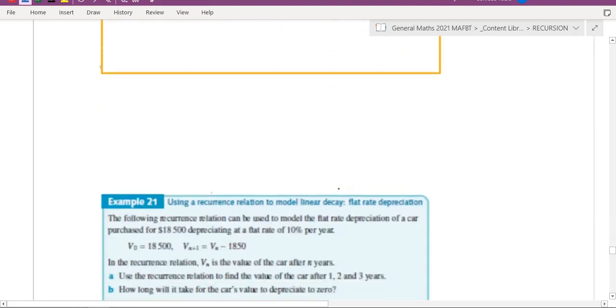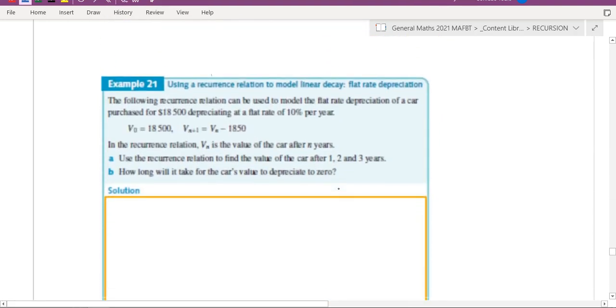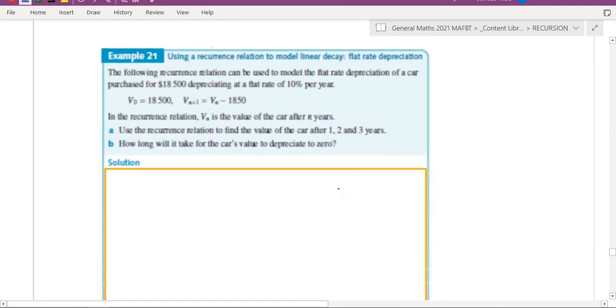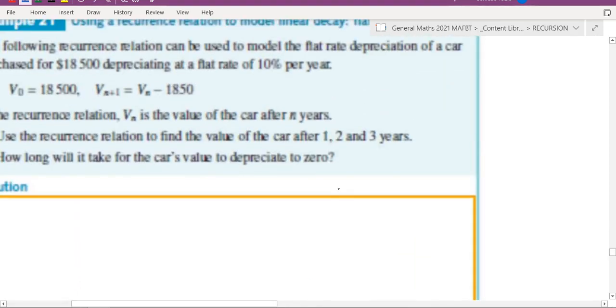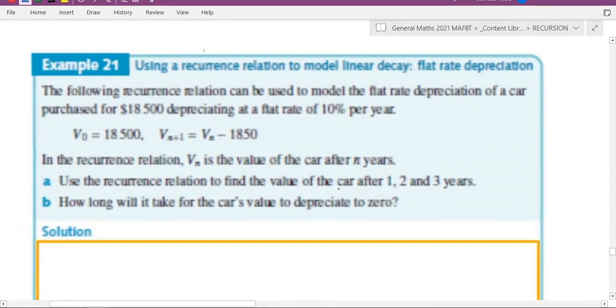Cool, easy. All right, next one. This is going to be the same thing, but looking at the words this time, instead of increasing, it's going to be depreciation, so it's going down. Okay, so read the question. The following current relation can be used to model a flat rate depreciation, I should highlight that too, of a